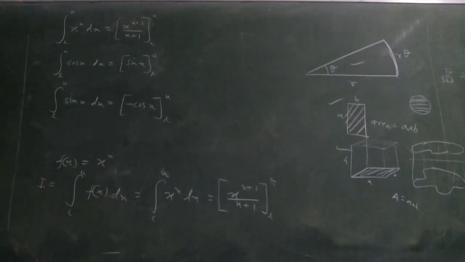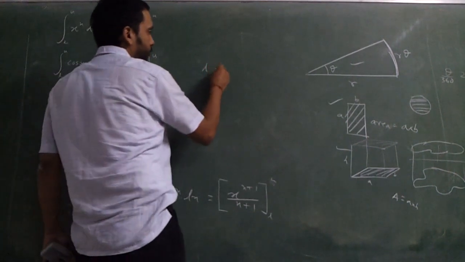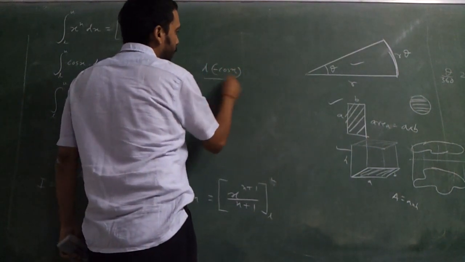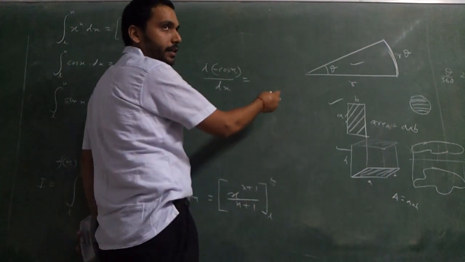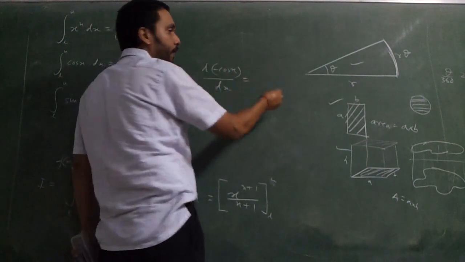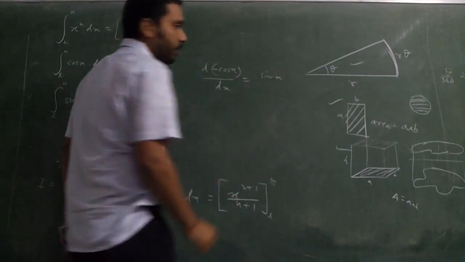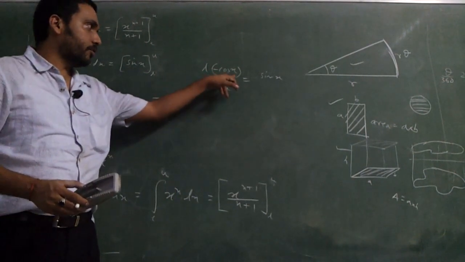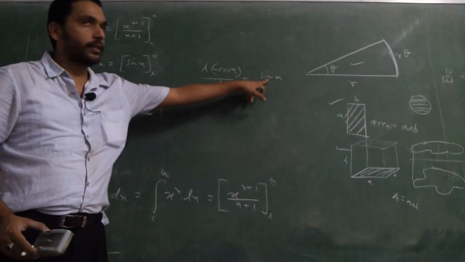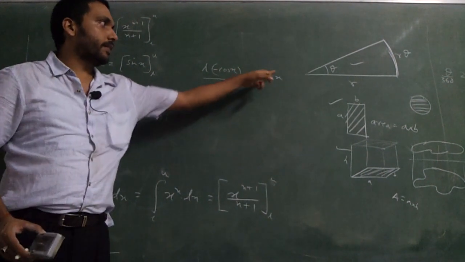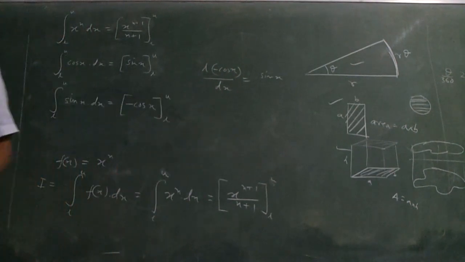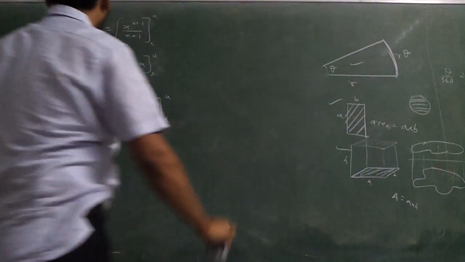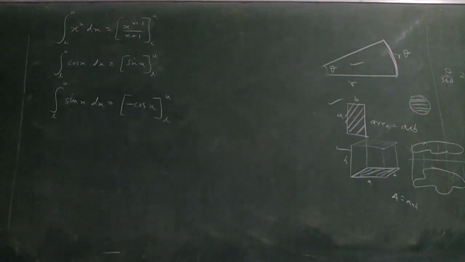When you differentiate, what do you get? Cos x differentiation is minus sin x, minus cos x differentiation is minus into minus sin x, which is sin x. So you differentiate this, you get that. You integrate this, you will get this. Cross multiply: sin x dx is equal to d of minus cos x. Integrate both sides. Is it clear? Now these formulas we are going to use. Use of the formula is what we are going to do today.